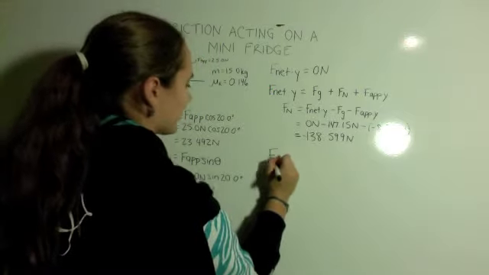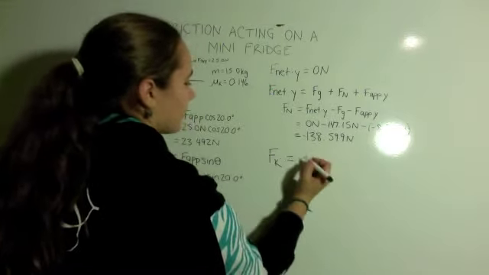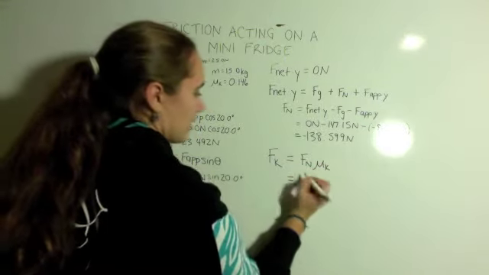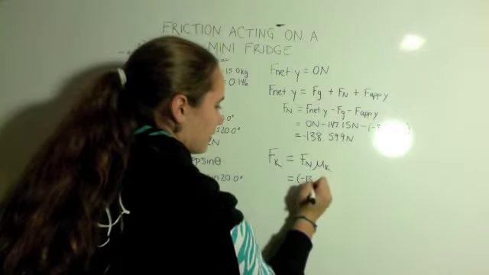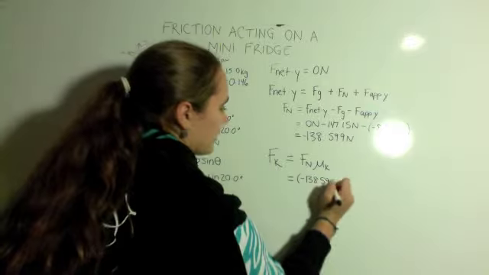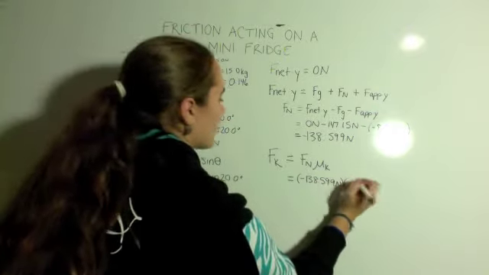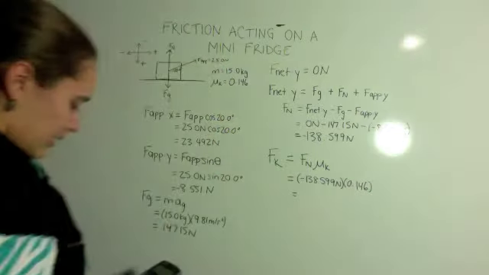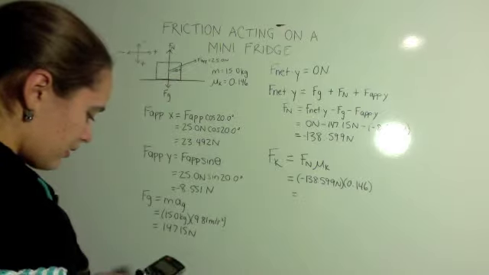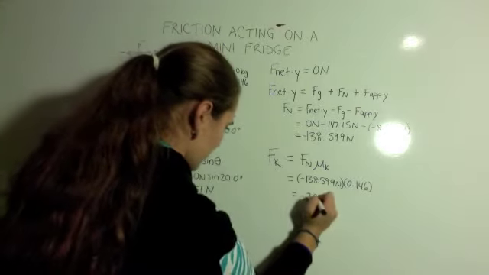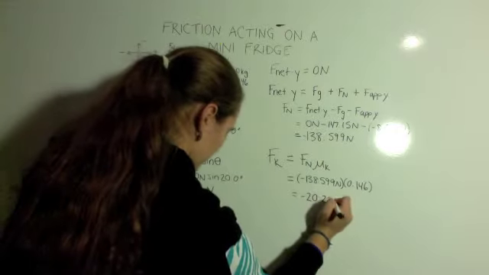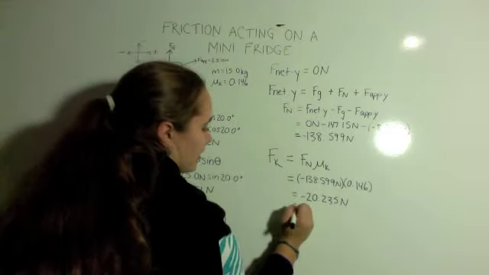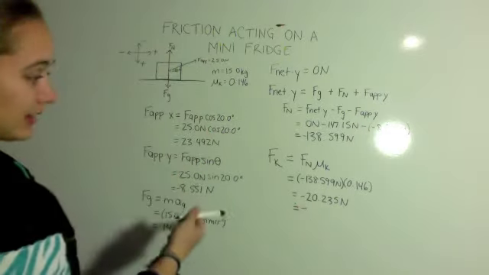kinetic friction, using that formula we learned, Fk equals Fn times mu k. So if we sub that in, we have negative 138.599 newtons times 0.146. And this equals negative 20.235 newtons. And now, since this is our final answer, we can round it to 3 significant digits to approximately